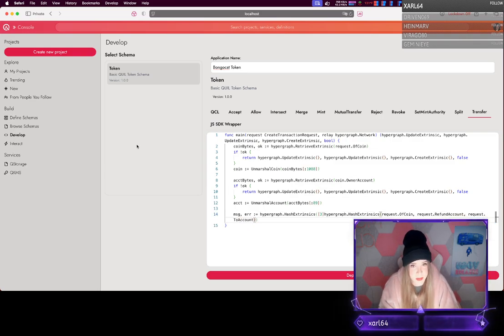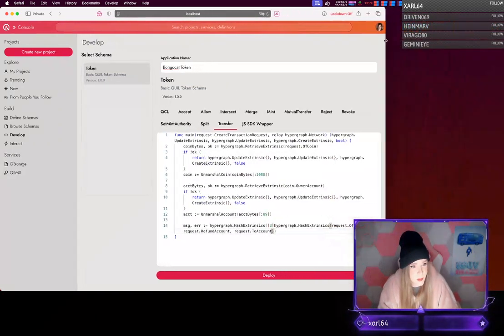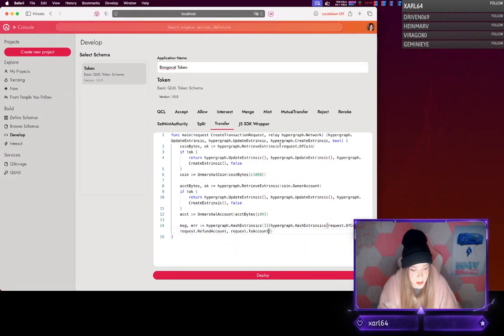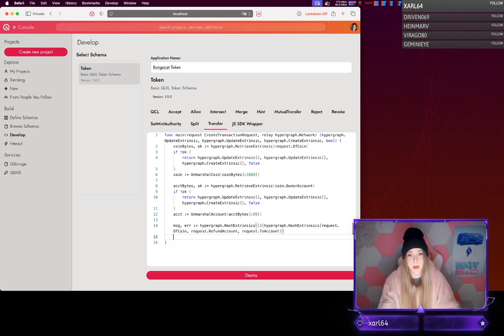And I noticed that the screen is starting to get a little bit in the way, so I'm going to resize this over. That should be good. Okay. And then,